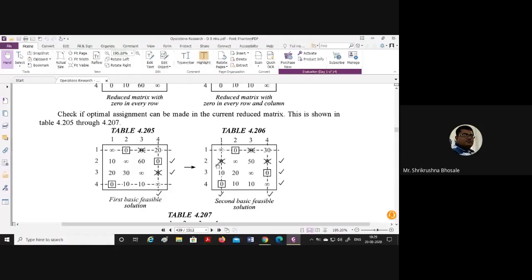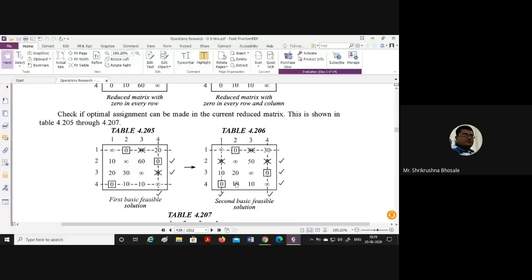So mark where zeros are present in this row, 2 columns. So those 2 columns are marked, and in these 2 columns where allocation is there, say third row and fourth row, you have to mark. Then unmarked row and marked columns. So again your lines will be like this. So you will get these particular numbers. From this you have to find out the minimum number, and you have to subtract it. Where the plus sign is there, you have to add it.